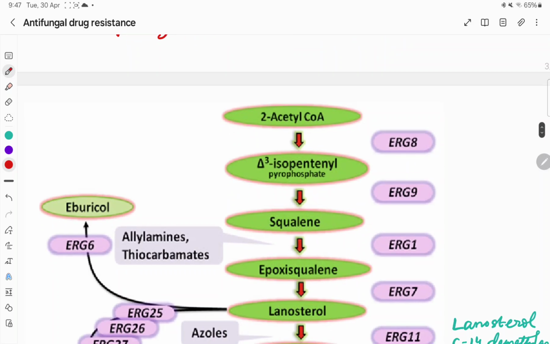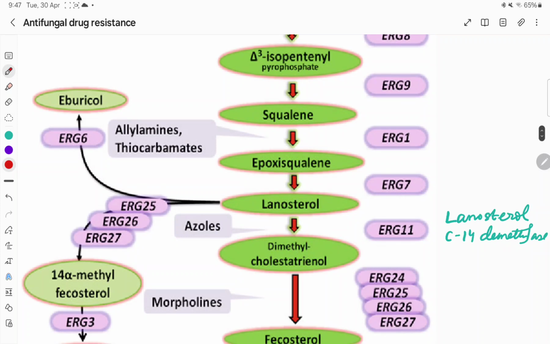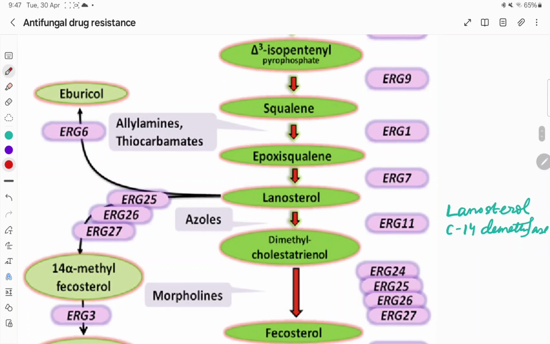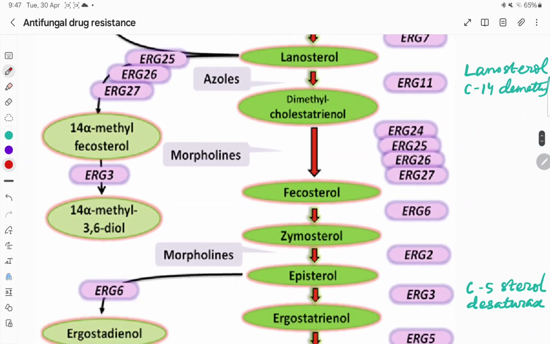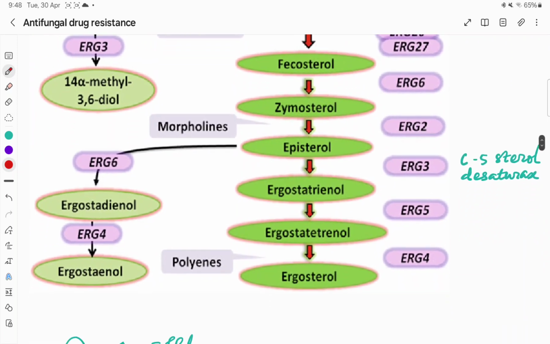During the ergosterol biosynthesis, you can see several genes are there, ERG1 to 27 genes, and we have just explained a few of the mutations which can cause